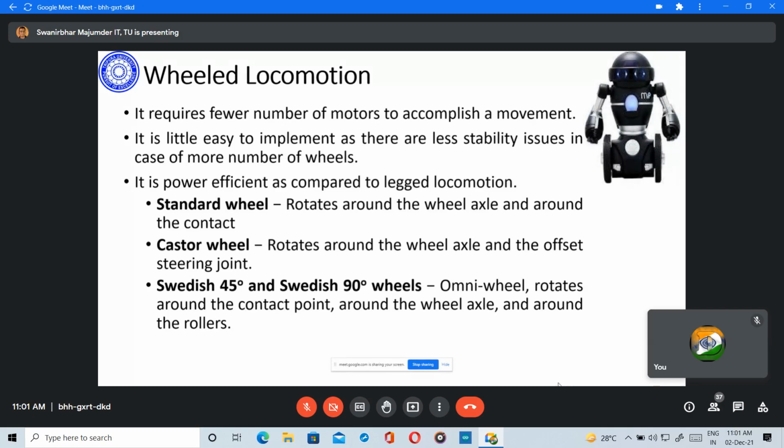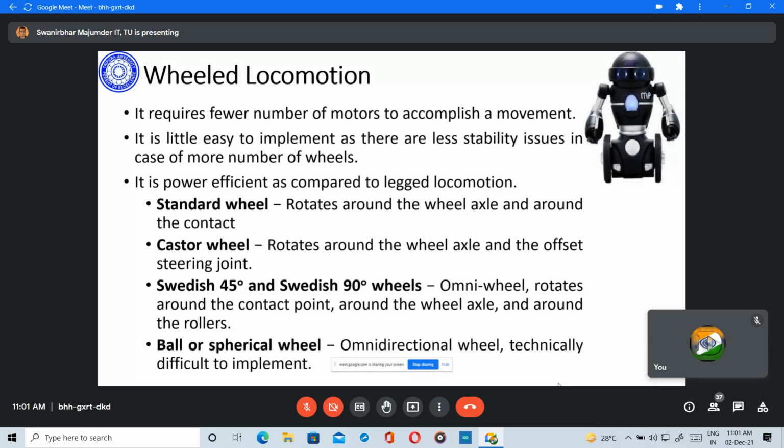In this wheel axle and so. And the last one is what I was telling, the ball or spherical wheel. It is omnidirectional. So that's the advantage. And technically, one issue is that it is very difficult to implement, because when you are rotating a